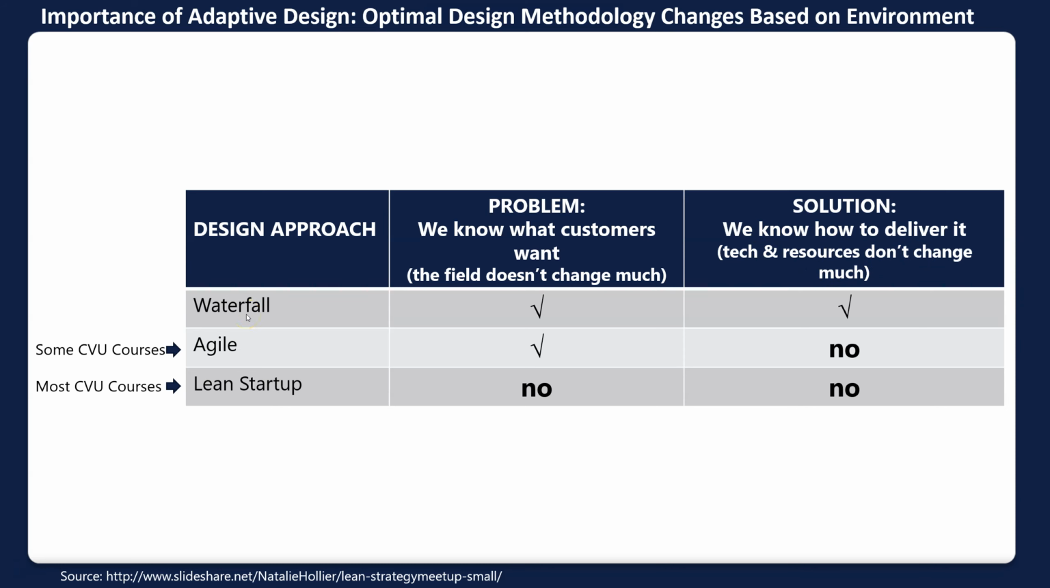Whereas pretty much all software projects these days follow something called Agile. So there you're starting with, we know what customers want, but often whenever you're coding, you don't know the best solution and you don't know the best resources to use towards that. So with Agile, some City Vision courses are in that domain, but most City Vision courses follow what's called Lean